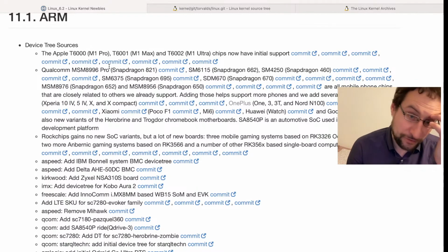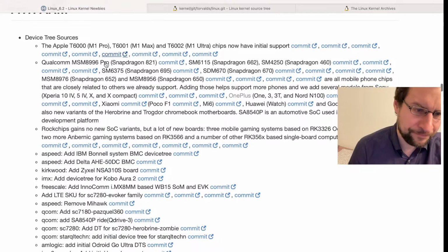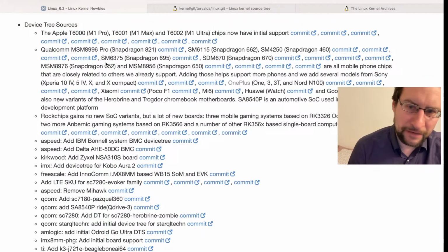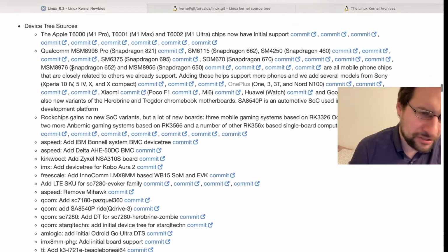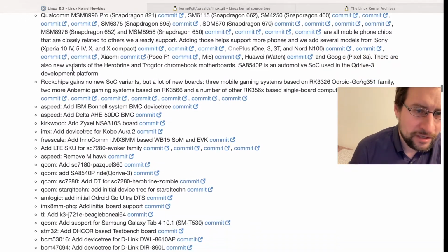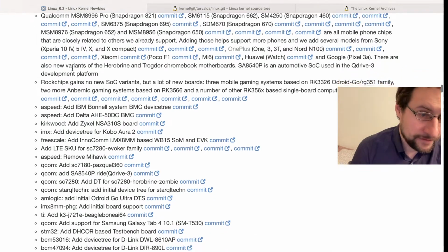Apple T6000, M1 Pro, M1 Max, of which I live streamed for. I'm a little bit surprised that we only see this now, as this was obviously already upstream available for a long time, 6, 7, 8 months, really long time. But yeah, better late than never. But we are already at M2, so I slightly wonder, I probably need to update our T2 Asahi Linux more up-to-date kernel. As per usual, the wild west of ARM platforms, Qualcomm, Snapdragon 821, 662, 460, and more, Rockchip,